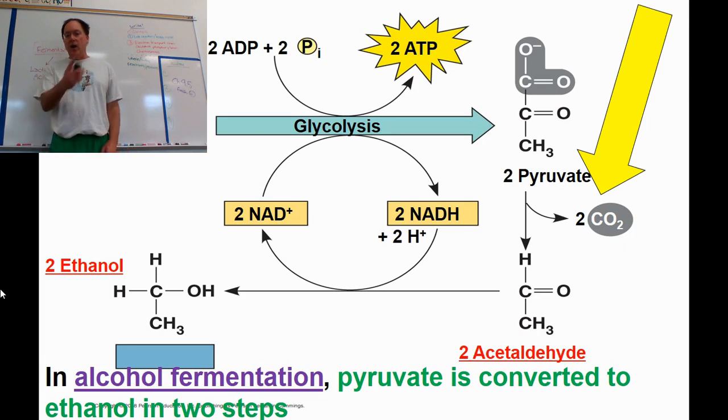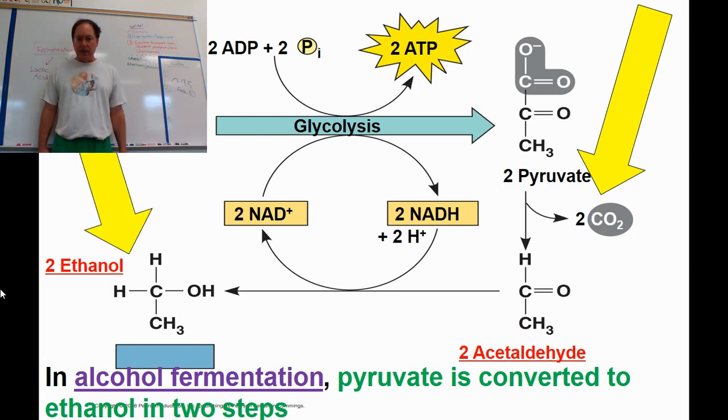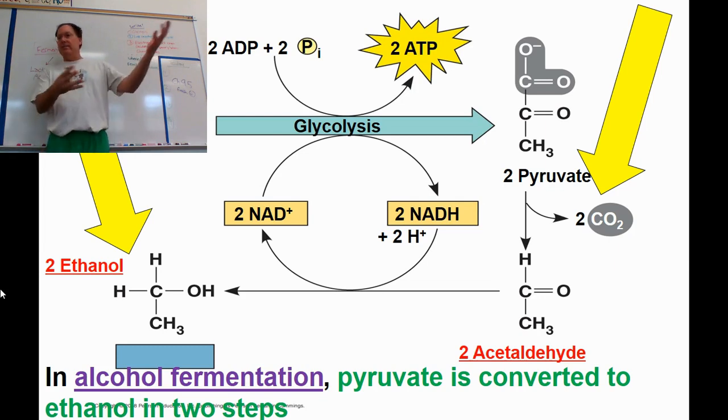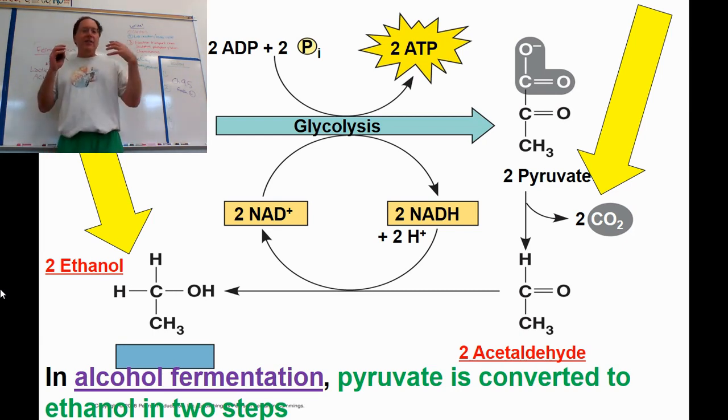Could you imagine if we did alcoholic fermentation rather than lactic acid fermentation? I just think that this is kind of an interesting process. I don't know why it happens. I understand the evolutionary significance of lactic acid fermentation to literally stop the organism from doing something that's hurting it, but I don't understand the significance here. But anyway, it just has two steps. You can see here it's very similar to lactic acid fermentation, but CO2 is one more thing that's released, and